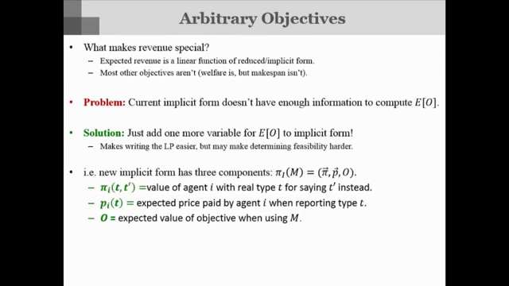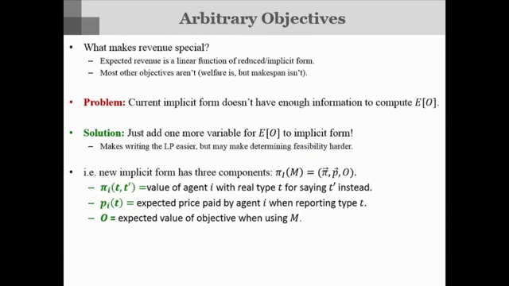So we use a different description of the auction that's really implicit. Sometimes you can think of this as a swap value. We're just going to explicitly get at what is your expected value if your real type is t, but you choose to say t prime instead. And then we store this for all pairs of types. So I'm not actually storing any information about the auction other than directly how happy does it make certain types for reporting certain other types. Okay, so that's how you deal with arbitrary types.